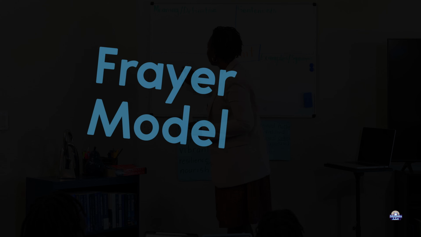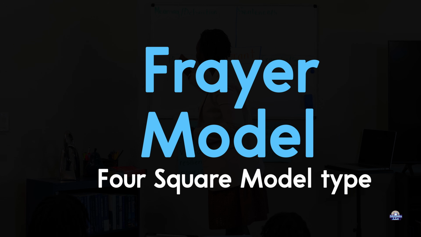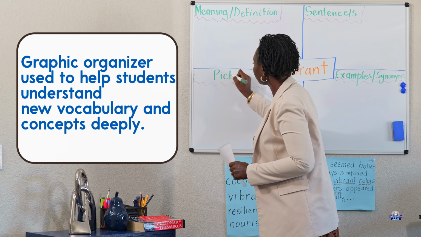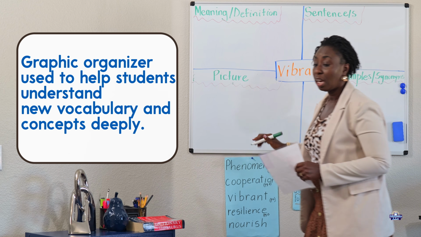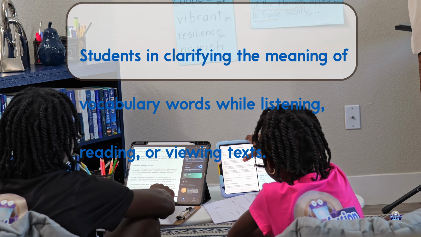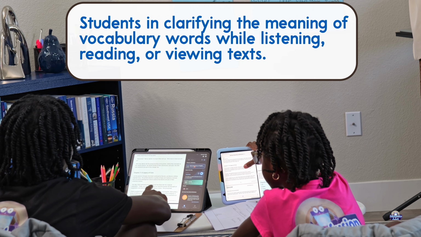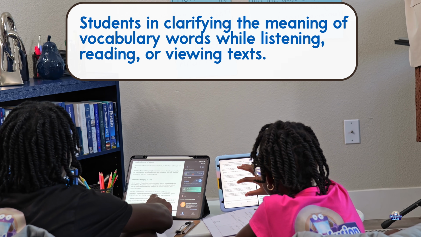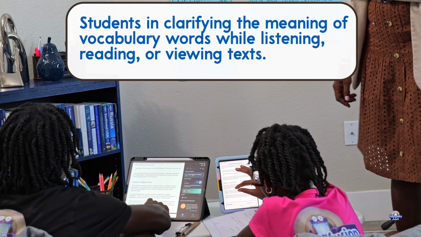Hi guys! Today we will be looking at the Frayer model, the four-square model type. The Frayer model is a graphic organizer used to help students understand new vocabulary and concepts deeply. A Frayer model helps students in understanding and clarifying the meaning of vocabulary words they come across while listening, reading,